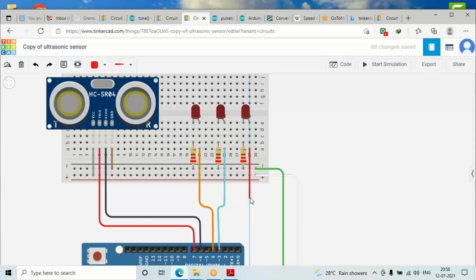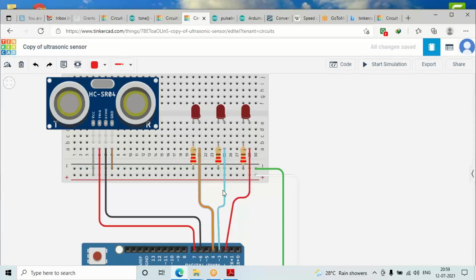So what I will do is click here, so it will now stop at that place. And from there it's up to you. You can do whatever you want and connect it. Just make sure that the connection is correct.